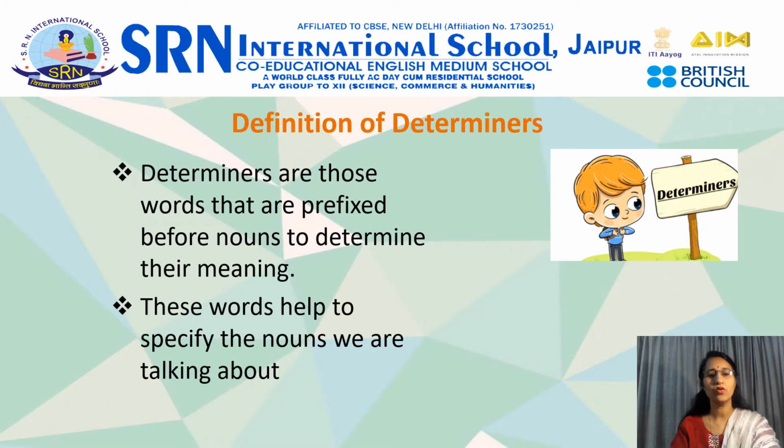Now let us know what determiners are, children. A determiner is a word used before a noun to indicate which thing or people we are talking about. The words a, the, my, some, these are all called determiners. So determiners are words that come before a noun and serve to modify the noun. And they modify nouns by providing context and specifying the noun.